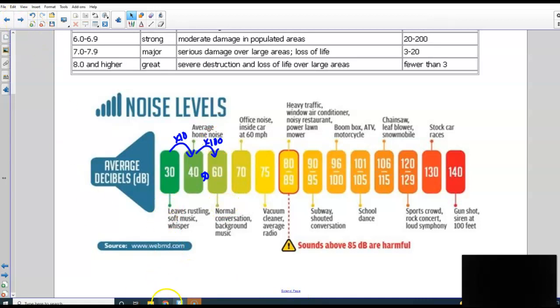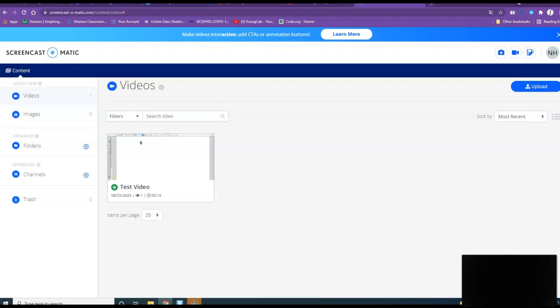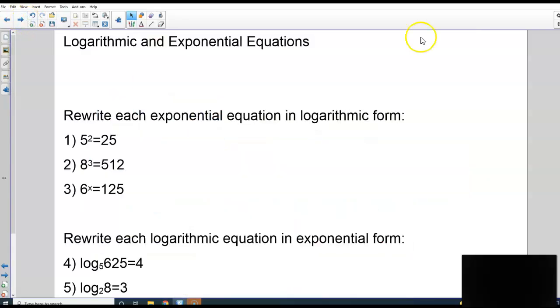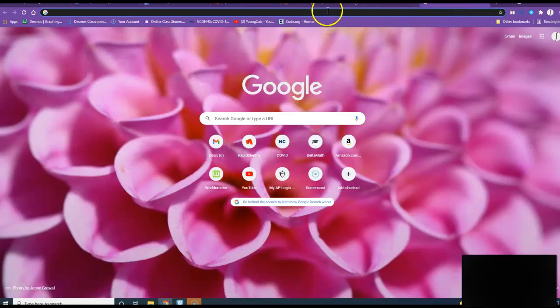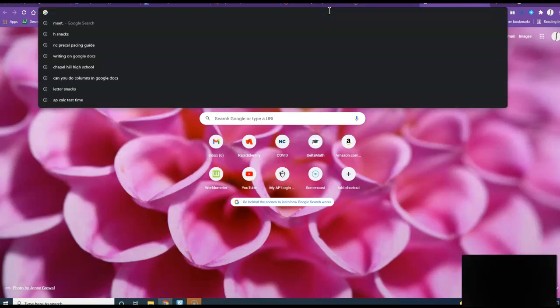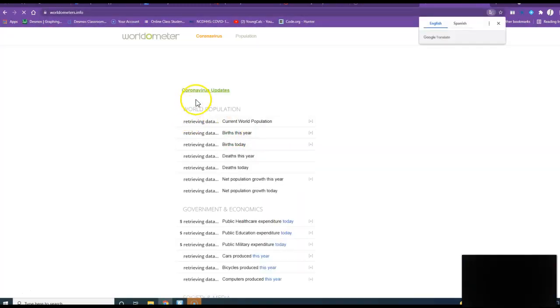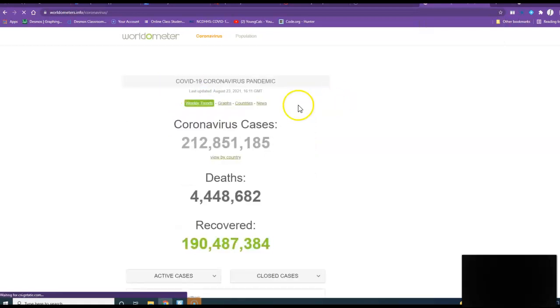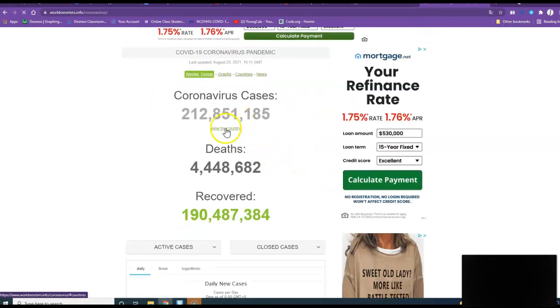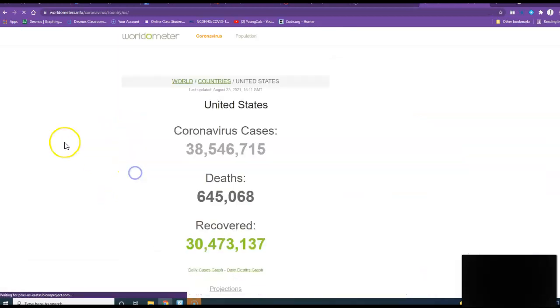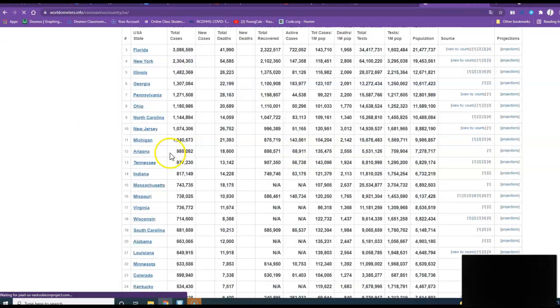So this is sort of interesting. Another thing, I forgot to put this one in here, or maybe I did. Let me check. Got it. One thing I look at, I don't know how accurate this one is. I use it a lot, but I like it because of the graph. This is one of the places I look at coronavirus numbers sometimes, and I like it because it gives good graphs. So if we pick the U.S.,